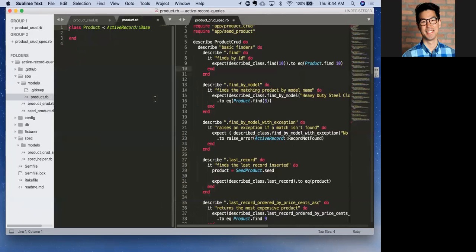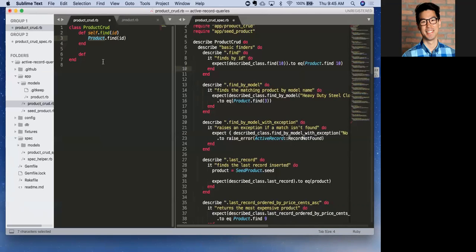But what we're trying to do is have a layer in the middle called product CRUD. If you take a look on the first line, it's just a plain old Ruby object, not inheriting from anything. This class will never be used again. It's just for this particular challenge,